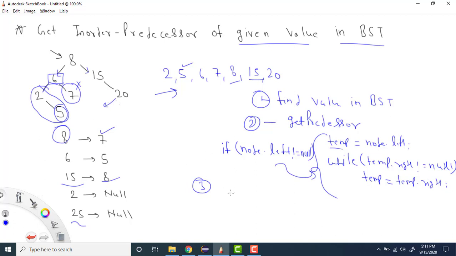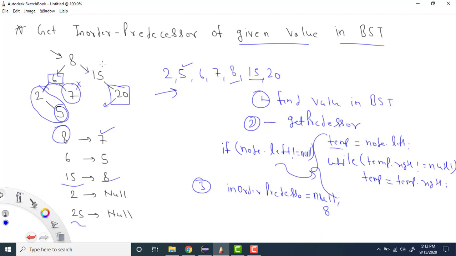So we will take one variable, inorder predecessor, which will be null at the starting. Whenever we start from the root and go to the right side, I will update this value with the previous node. Let's see how it happens if I want to find the predecessor for 20. I'll start from 8. My given value 20 is greater than 8, so I need to go to the right side. Whenever I go right, first I update the inorder predecessor, so it will be 8, and then I update the node.